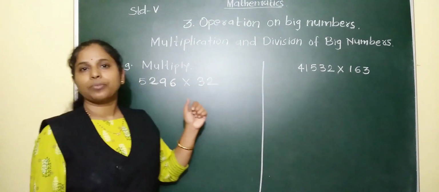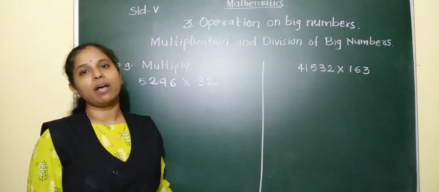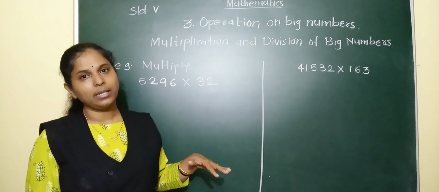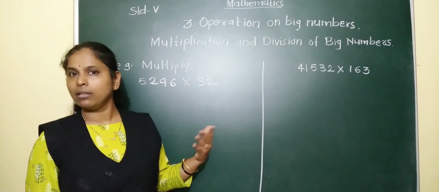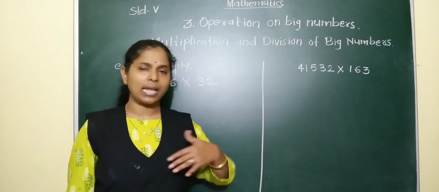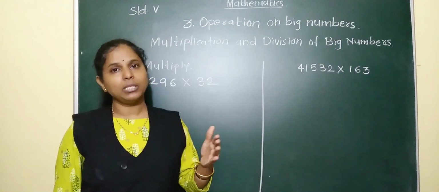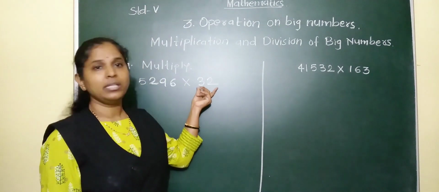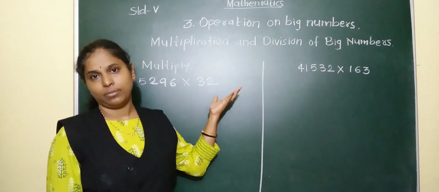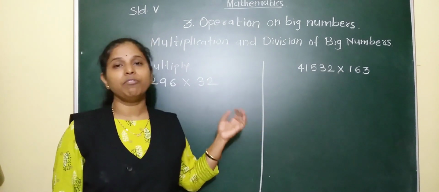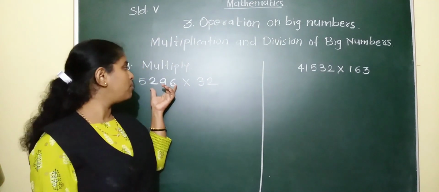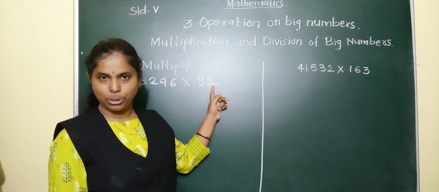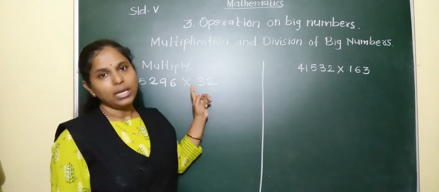So here, see here. Up till now, I hope you must have recited the tables till 20. If you have recited the tables till 20, we can easily multiply the numbers. Directly we can multiply the numbers by using the 20's table. Here the number is 32, which is greater than 20. So how to multiply? Then we will multiply this number using one digit at a time, means first we will multiply by 2, then we will multiply by 3, in that way.